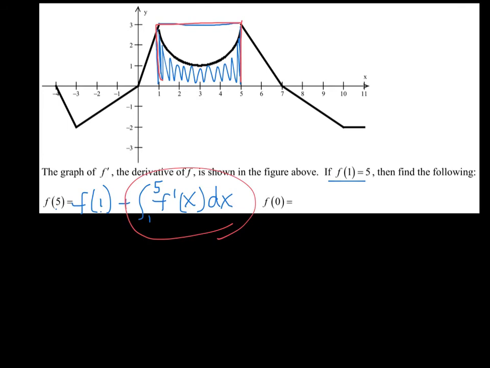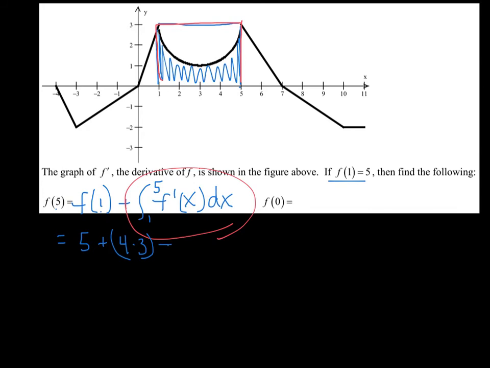All right, so let's start off with f of 1. I know I was given as 5. Now plus. All right, so now I have to do the area under the curve piece. So I'm going to start off with the area of the rectangle here, which would be, let's see here, base is 1, 2, 3, 4, and my height is 3. So I'm going to say 4 times 3